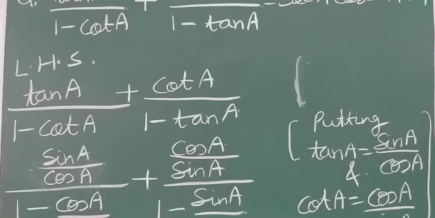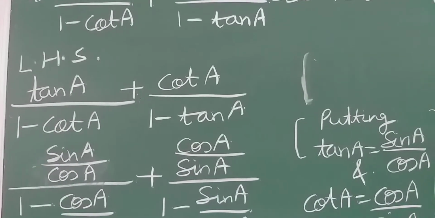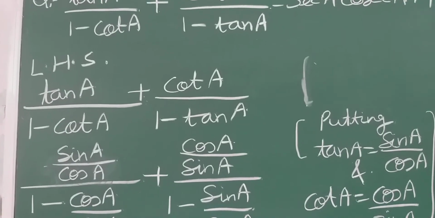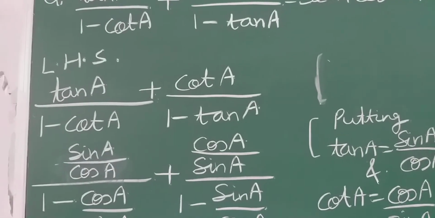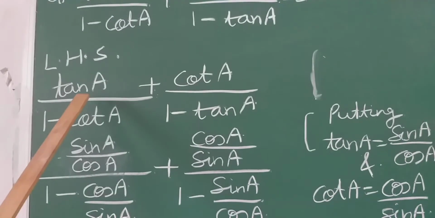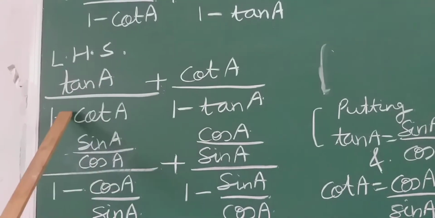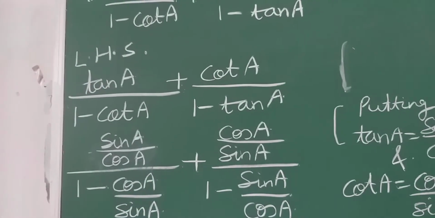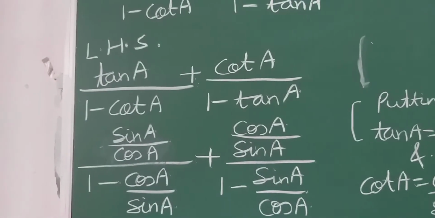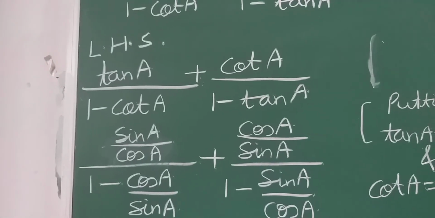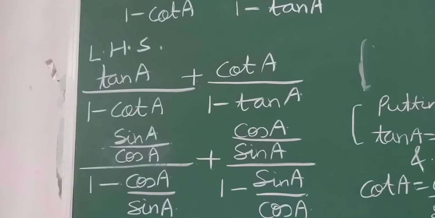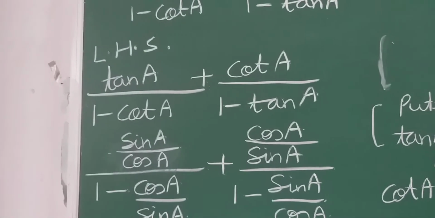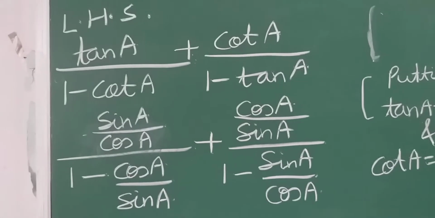Now students, we have to check steps. So the first step was we have to use identities. If a square is there, you can see no square. First root cancel. Second step, we have to change other trigonometric ratios in the form of sine and cos, because sine and cos are our best helpers.